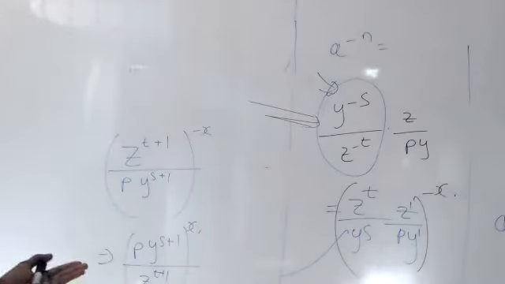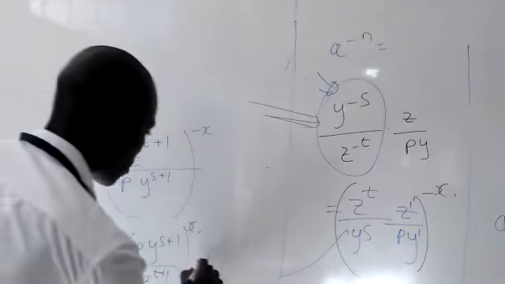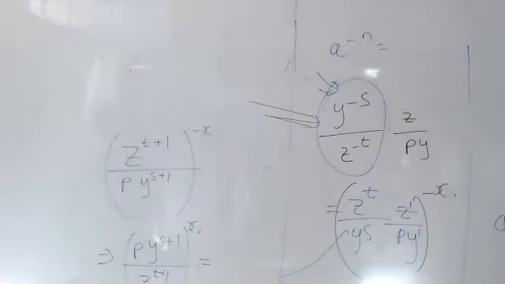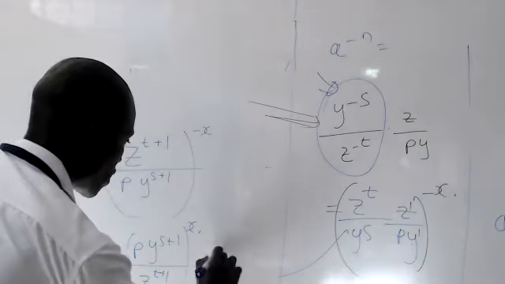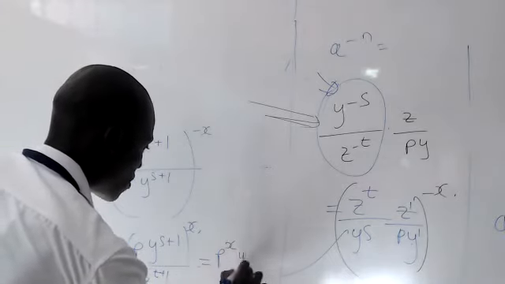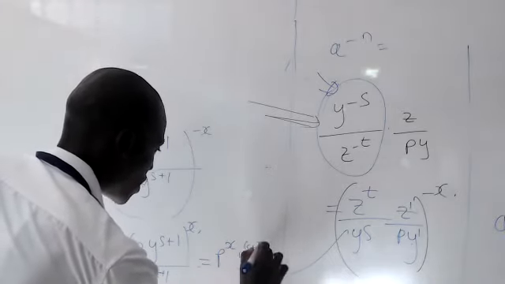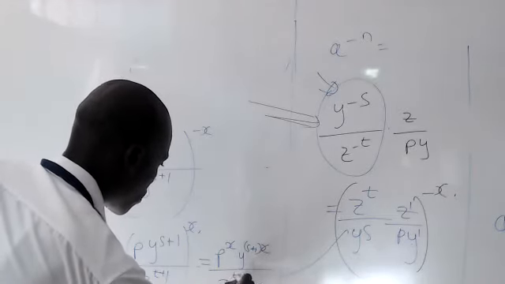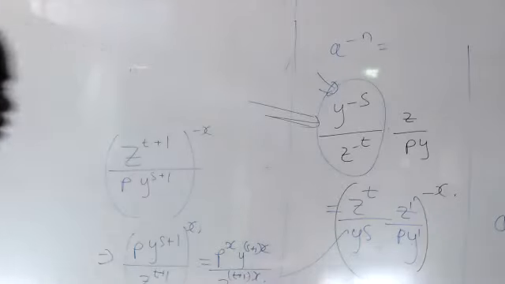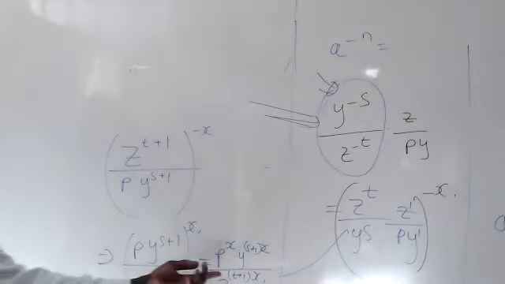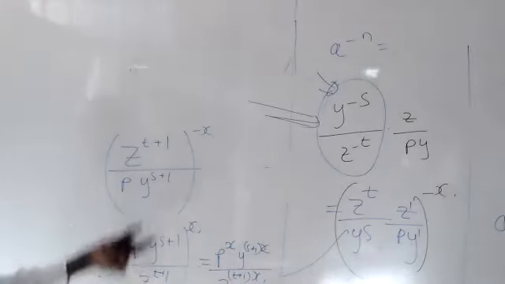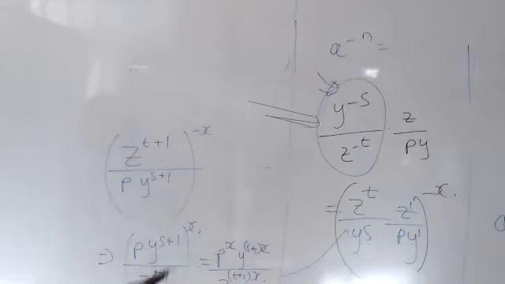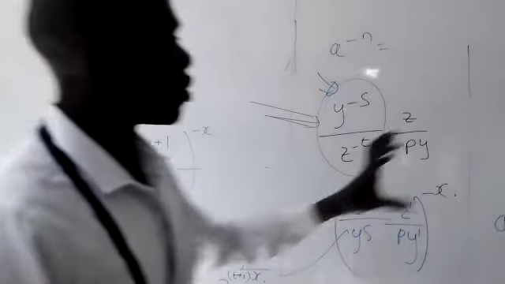And then you can leave it at this stage, or you can go ahead and apply the raising of a power to a power, and you're supposed to get p to the x times y to the s plus 1, multiplied by x, divided by z raised to the t plus 1 times x. So either of these is fine. I was avoiding either of these because here you've succeeded in eliminating all the negative exponents. The only two rules you needed to apply were